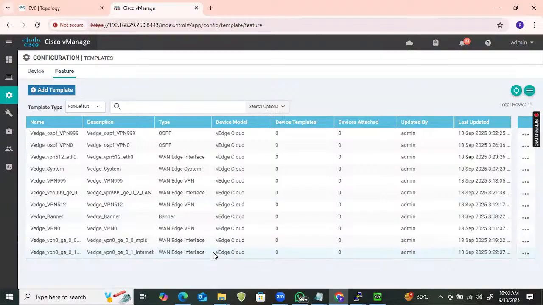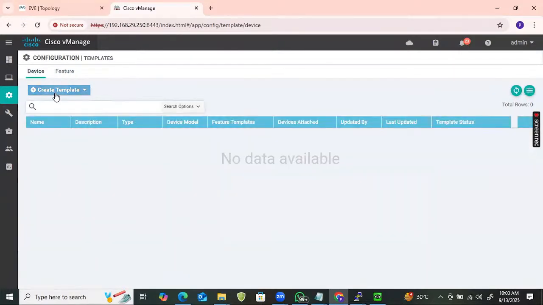Finally, we have created all the feature templates. These feature templates can't be assigned to the devices directly. Right now, no device is attached with these feature templates, guys. These all need to be attached with a device template. Right now, nothing is attached to the devices. Now click on device and create